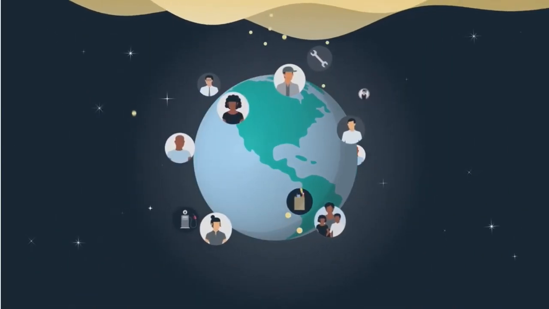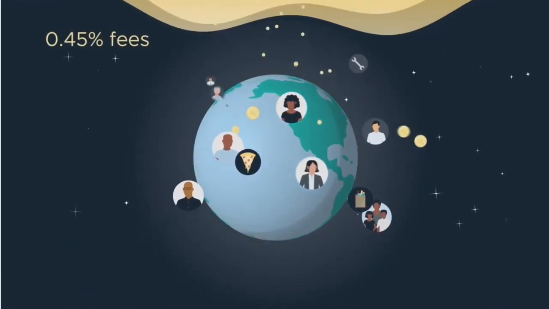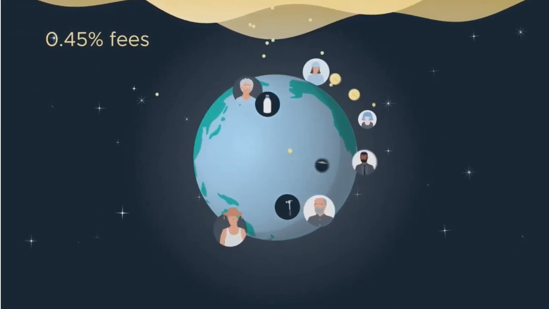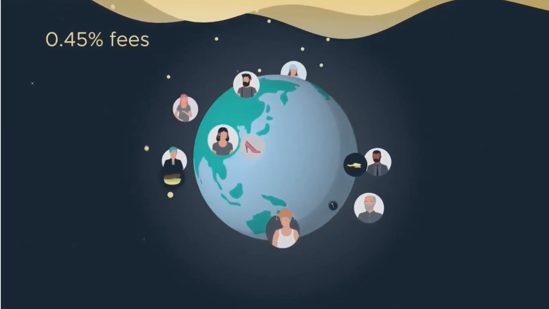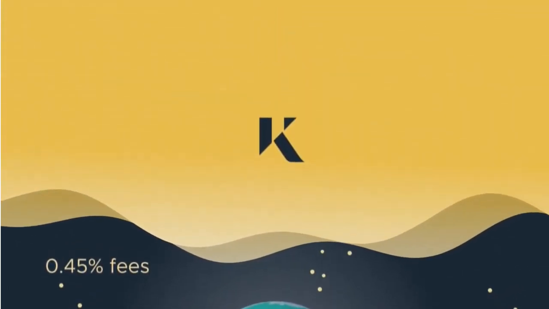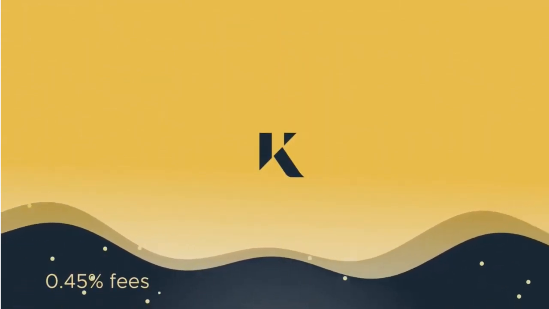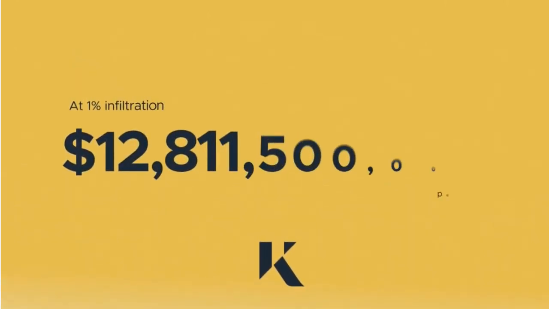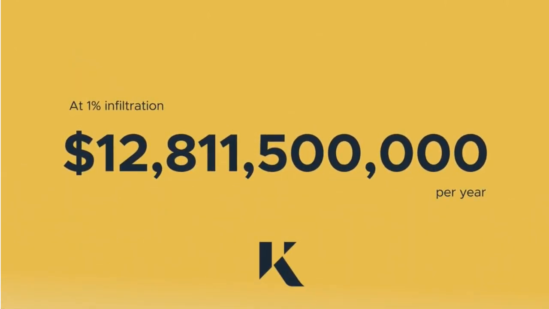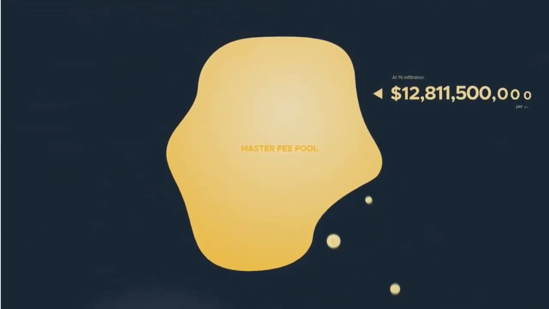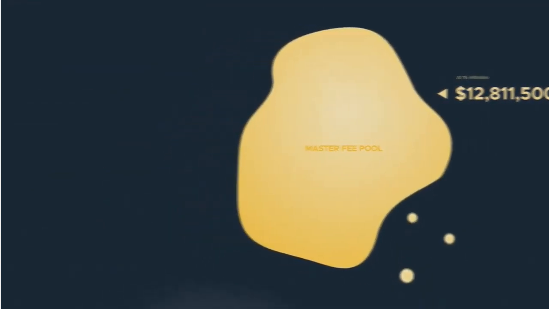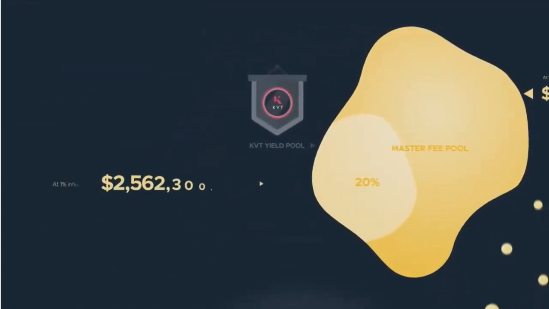In this example, the 0.45% transaction fee that would be relevant for sending money, locally or internationally, is taken into account. The fees on $2.847 trillion in transactions at 0.45% would equal $12,811,500,000. These will go to the master fee pool. From the master fee pool of $12,811,500,000, 20% or